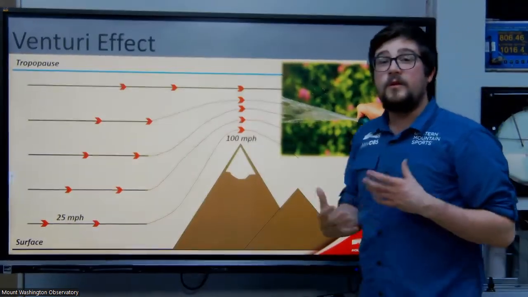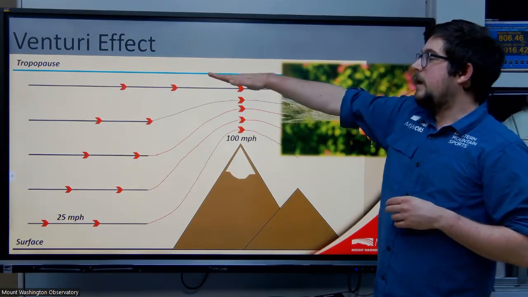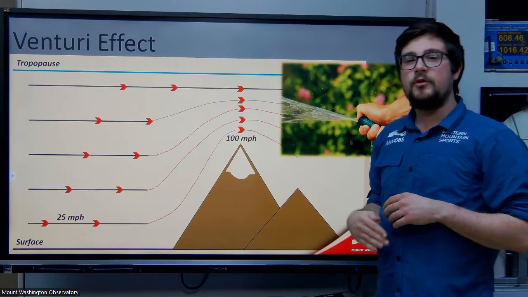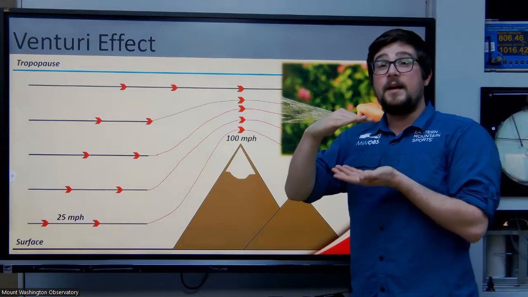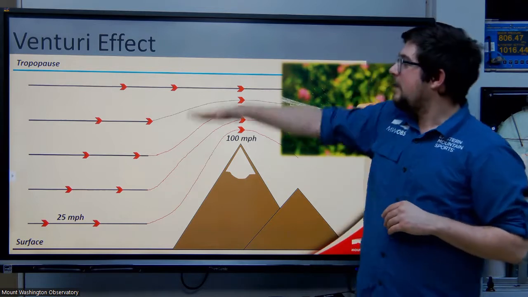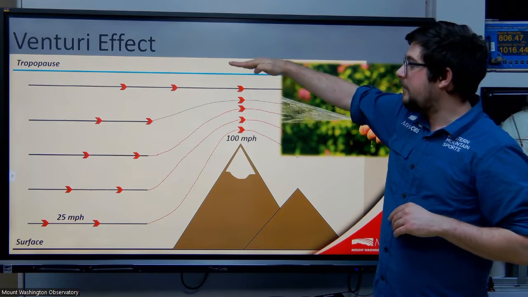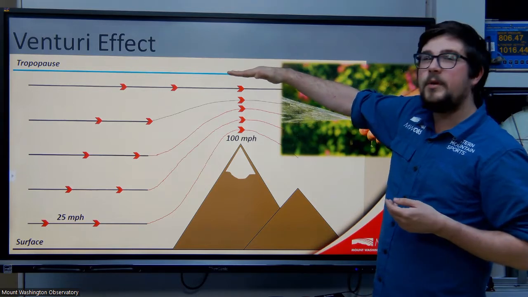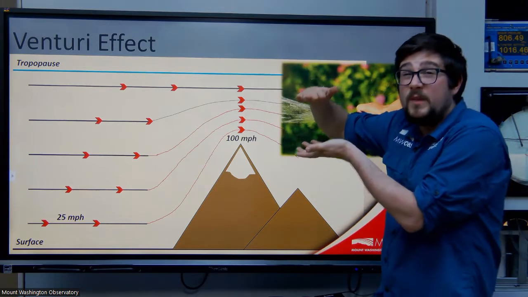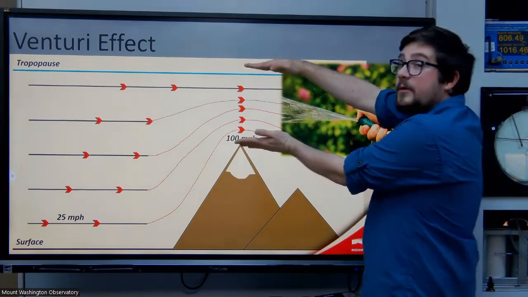Speaking of storms and more of the meteorological reasons for the strong winds up here, I want to talk a little bit about the tropopause. The tropopause is sort of the lid on top of the troposphere. The troposphere is where, well, our weather occurs. And so with this lid, you can't really have winds mixed above this. And so what happens is, especially during the wintertime, this tropopause is a lot lower because the air is colder, it's a lot more dense. So the top of that troposphere is lower above the summit of Mount Washington.